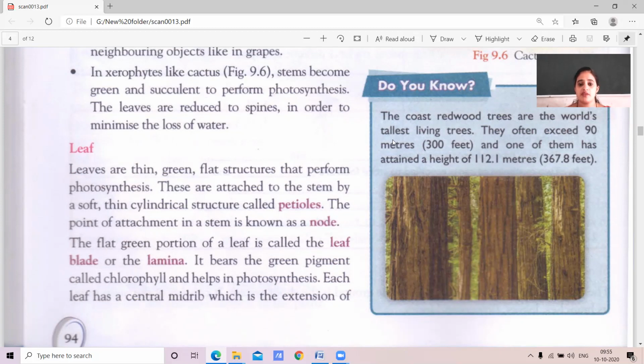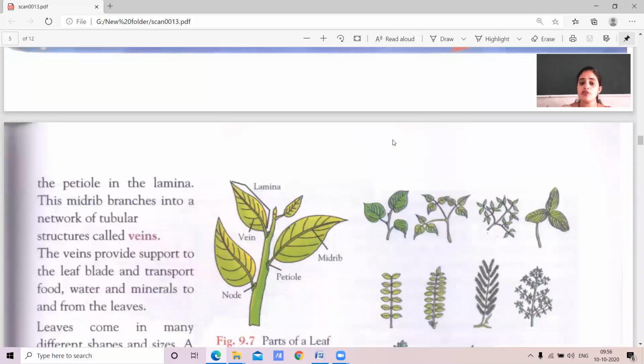Yes, children. It bears the green pigment. The leaf consists of green pigment. If you see, the leaves of the plant are green in color. This is because of the presence of one pigment. We call that pigment chlorophyll, that helps in photosynthesis. So each leaf has a central part, we call it the midrib, which extends from the